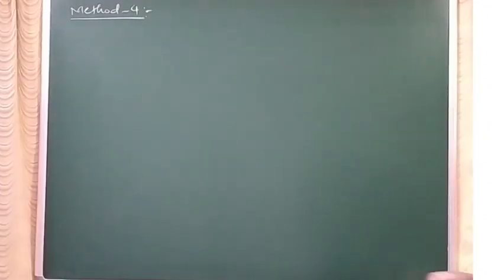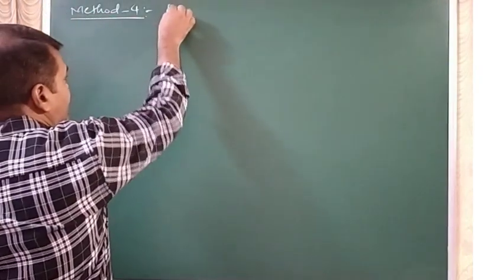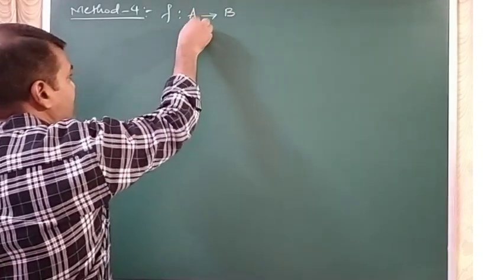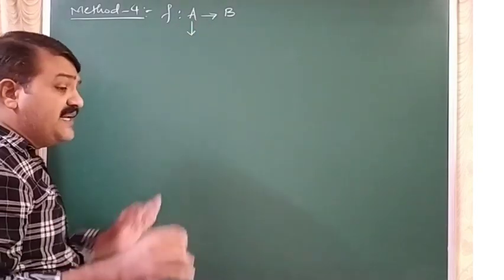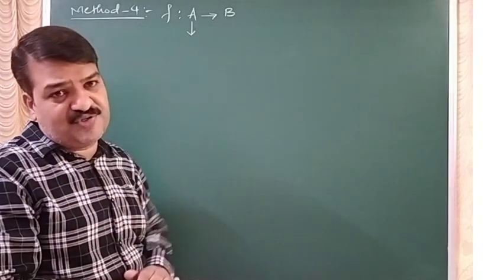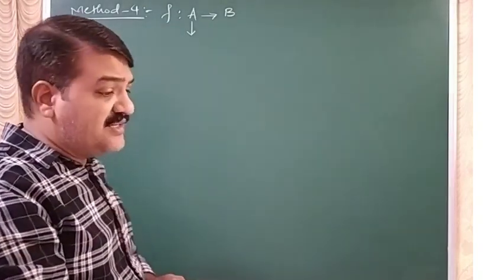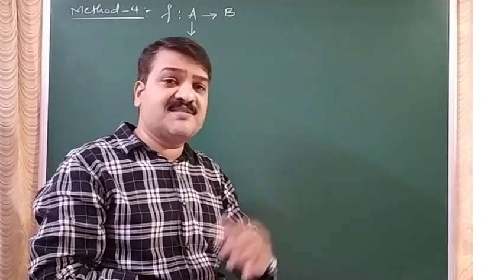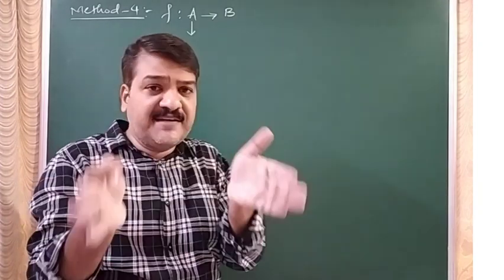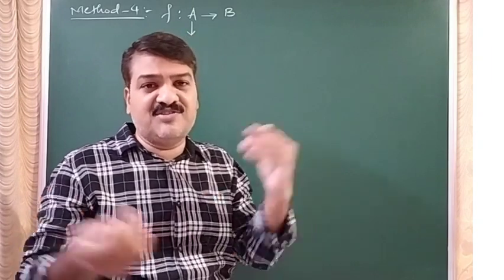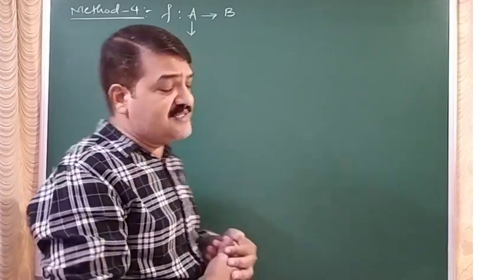Let us see the fourth method now. Whenever you have a function f maps A to B such that the domain contains finite values, you can find the range using the concept range is set of images. So when domain has finite elements, directly you can find the images of each and every term. That only is range, because range is collection of images.